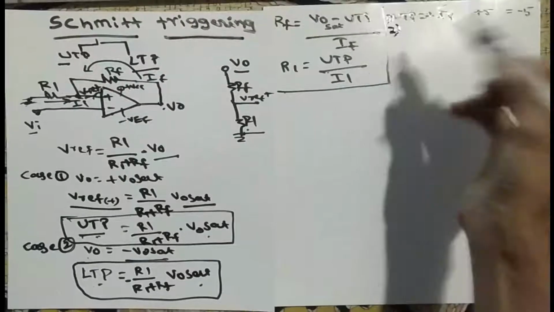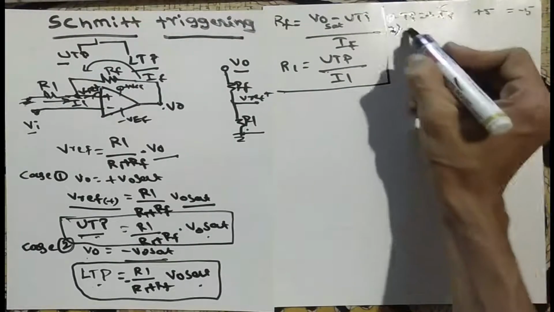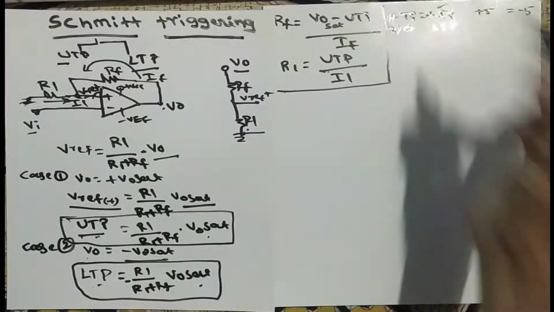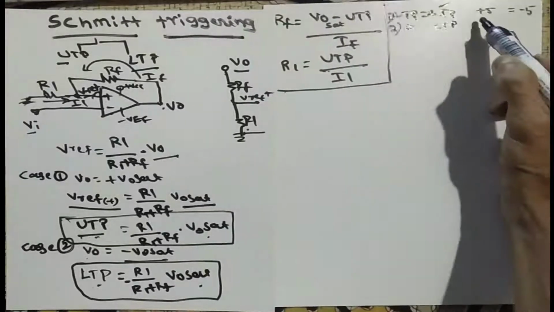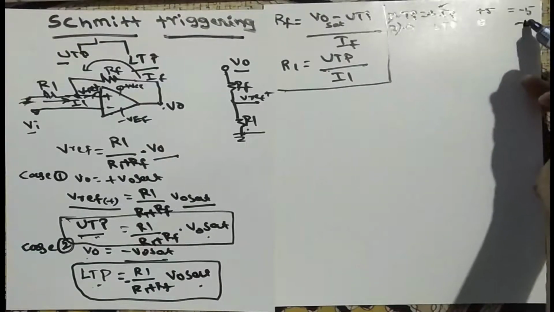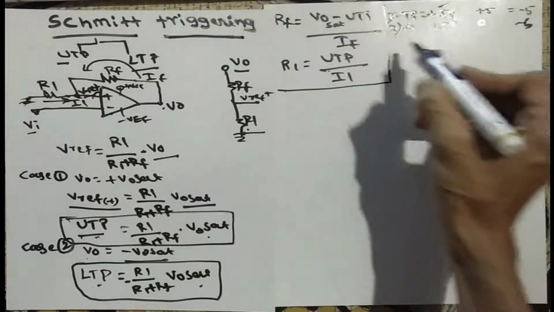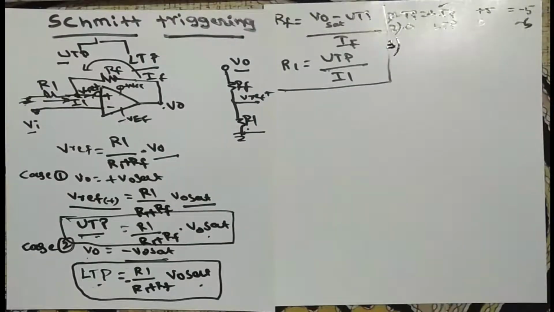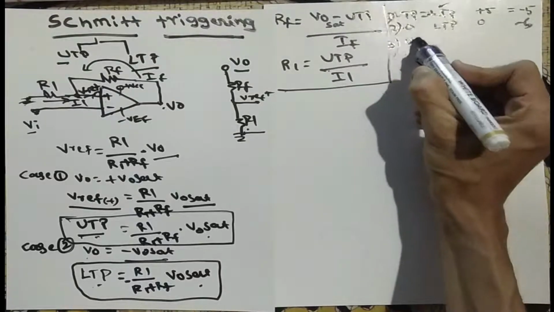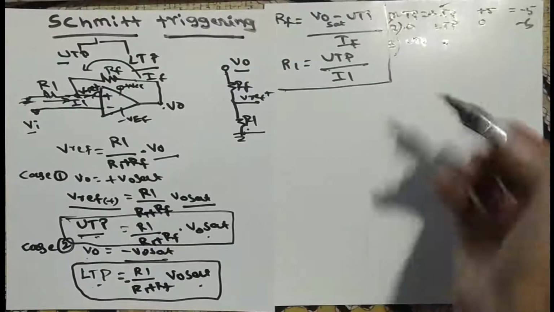Second type, we can take one value as 0. Either we take UTP as 0 and LTP is present with some value, that means for UTP we are not doing anything, it is 0, and LTP is anything, minus 4, minus 3, 5, whatever we have. This is the second possible type. Similarly, it looks like a logic design: 0, 0, equal, not equal, 1, 0, like that. So we make UTP present and then LTP is 0. This is the third one.